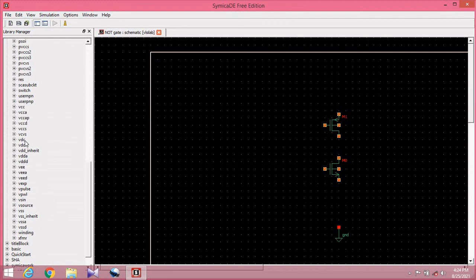Alphabetically it is last here, VDC, for biasing the inverter, and for transient analysis we require VPulse.